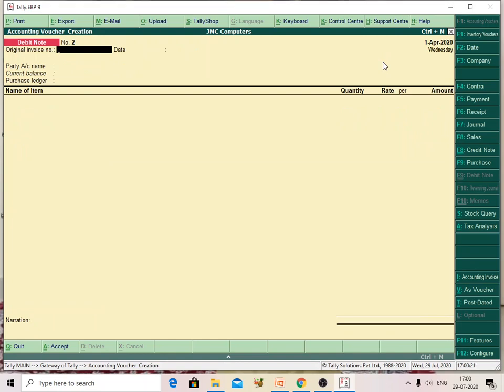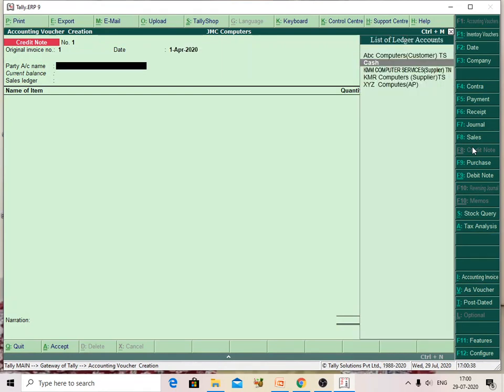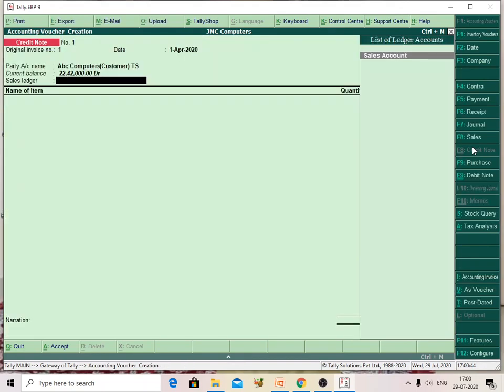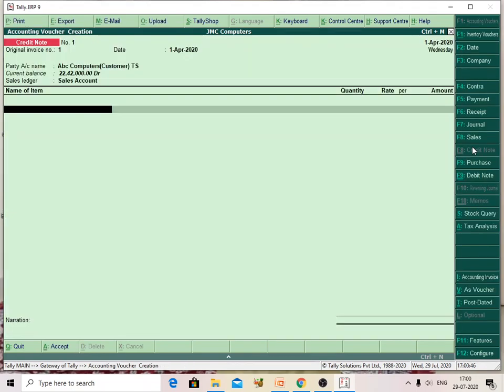Now in the same way you can use credit note also. In the same case, use the sales. This is sales returns. Here the original invoice number is 1, the date is 1st January. Use the local customer ABC, computers, and use sales accounts.